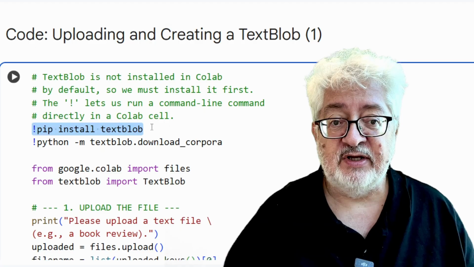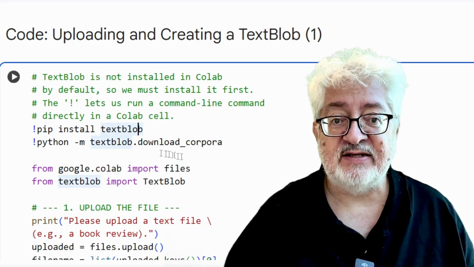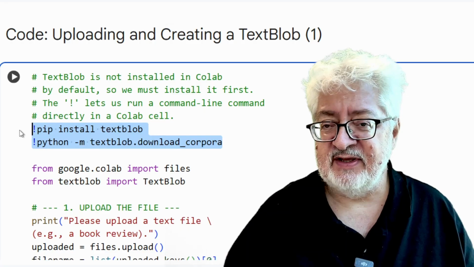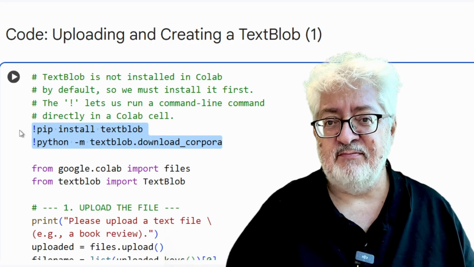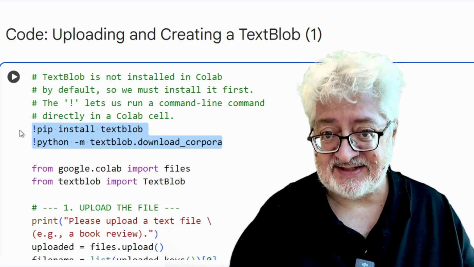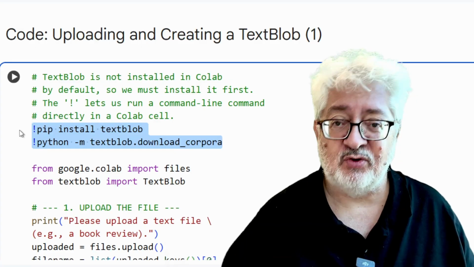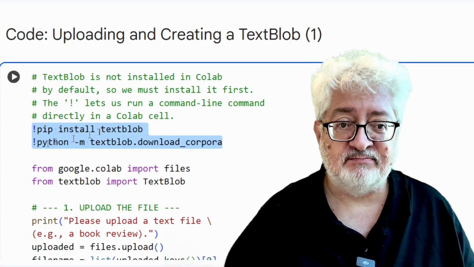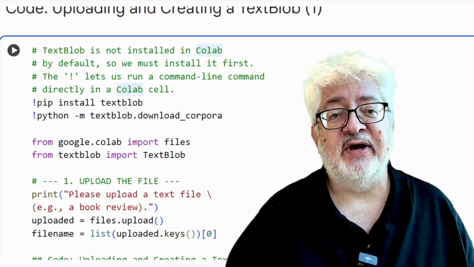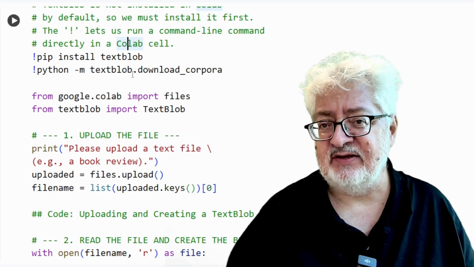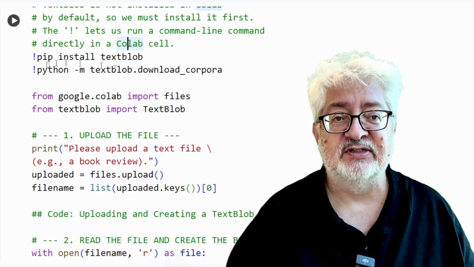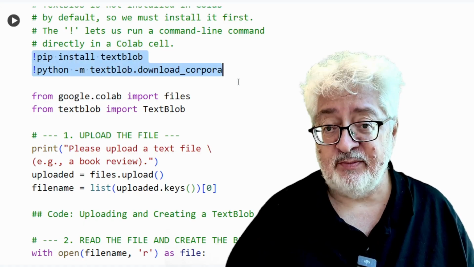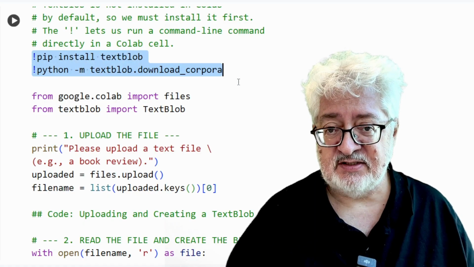And so what we do is to install TextBlob and download the corpora. The corpora are the libraries in English which make TextBlob understand the sentiments, which contain the information whether particular words are happy or unhappy and so on. So this you have to install. You don't need to understand exactly what is downloaded and how it's installed. Just copy these 2 lines whenever you want to use TextBlob, copy them at the beginning and execute them as